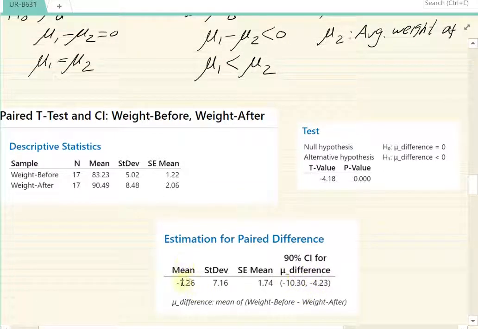And there you go. You see that average gain of 7 pounds. But look, the deviation is almost equal to that. So that means it's pretty widespread. And the average difference, 90% confidence interval, runs anywhere from -10 to -4 pounds. Remember, negative means a good thing, right? So that means on average, these anorexic young women following family therapy gain anywhere from 4 to 10 pounds.